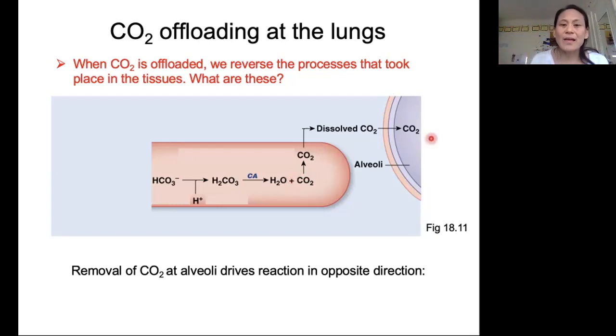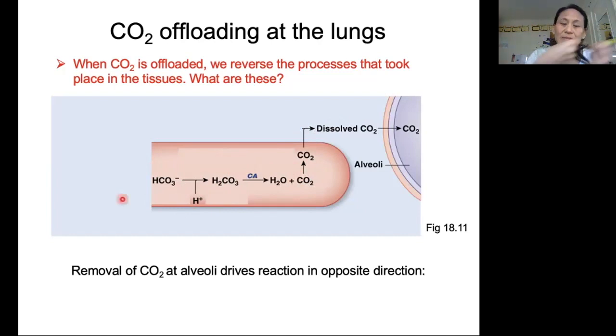As we breathe out CO2, we are depleting our CO2 levels. That's going to pull this equilibrium reaction in the rightward direction, which means that we are also depleting our carbonic acid levels, which means that we are also depleting our bicarbonate and hydrogen ion levels,